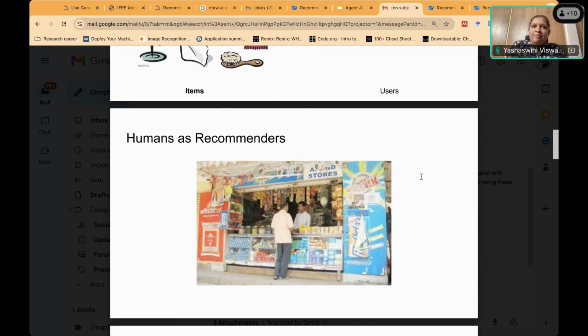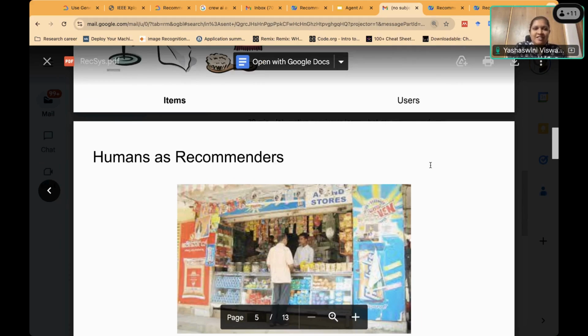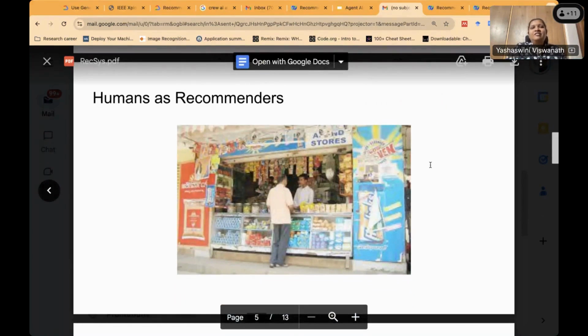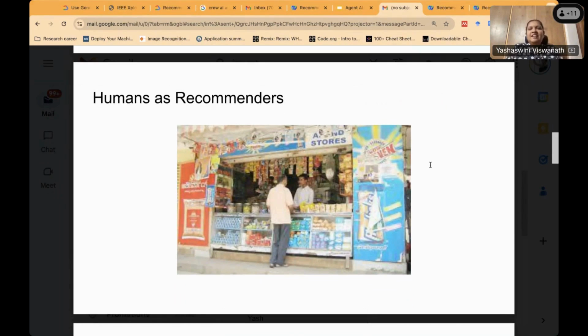Because this will help you to understand how recommender systems got developed and what is the history of it. I have put a nice photo here. So can you link it and tell?